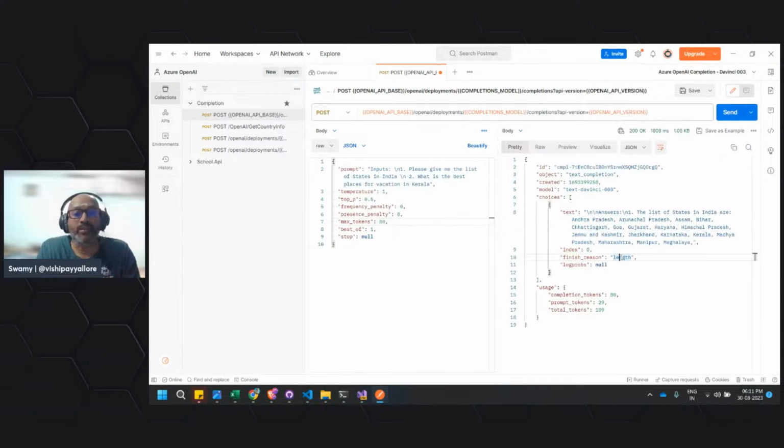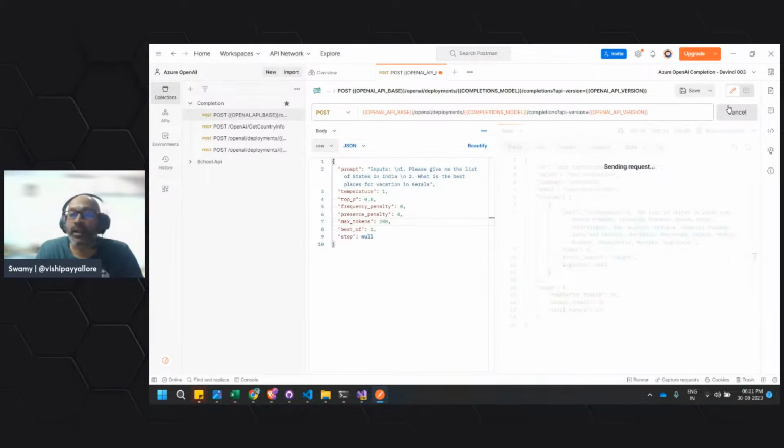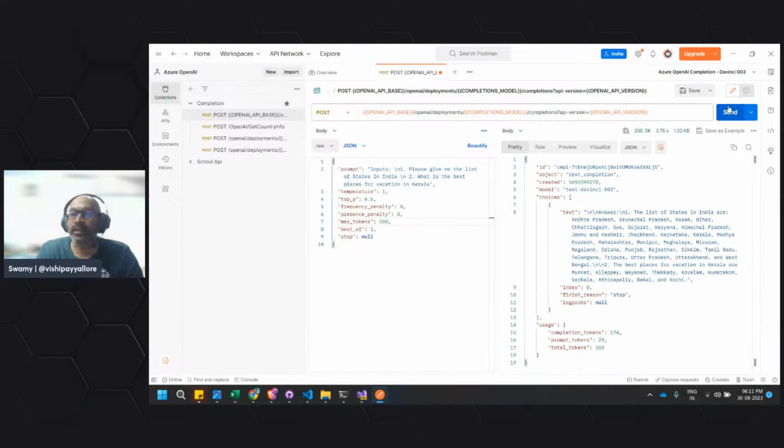Now I bump this up to 200 and execute it again. This time we should see the finish reason is stop, so it executed this completely and has given the output.